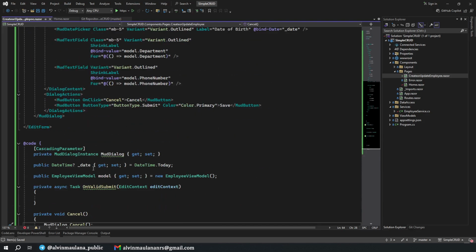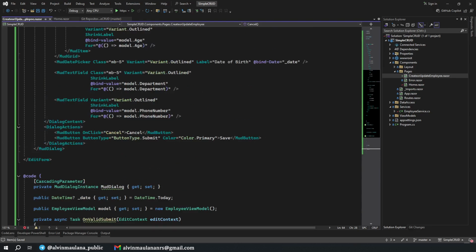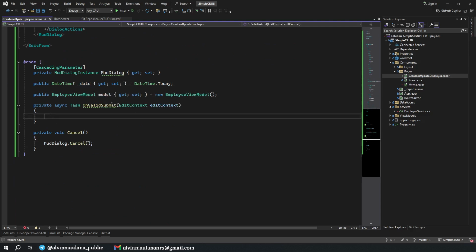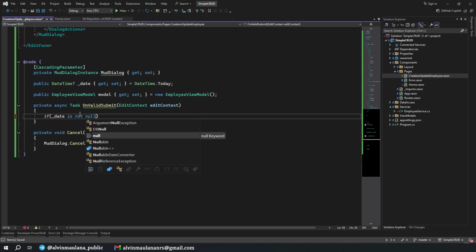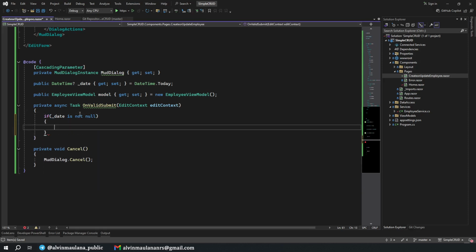Now we will need to call our service to submit the data inside. Okay, first, if you see, the date is not included in the model, so we need to set it. If date is not null, we'll set, where is it?